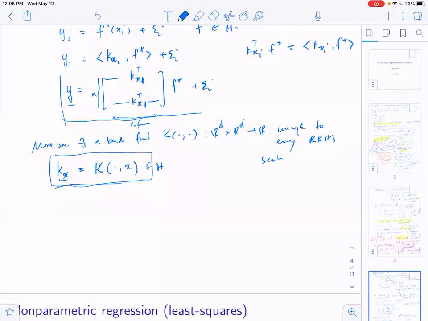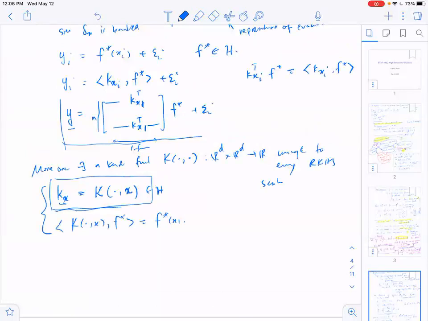you can write these representers as these kernels. Fix one of the entries as x and view this as a function of the other entry. That would be the representer evaluation. So you'd have k_x, and f_a star would be f_a star(x). So these are known. For an RKHS, you know the kernel, so you know these evaluation functionals, and in particular,